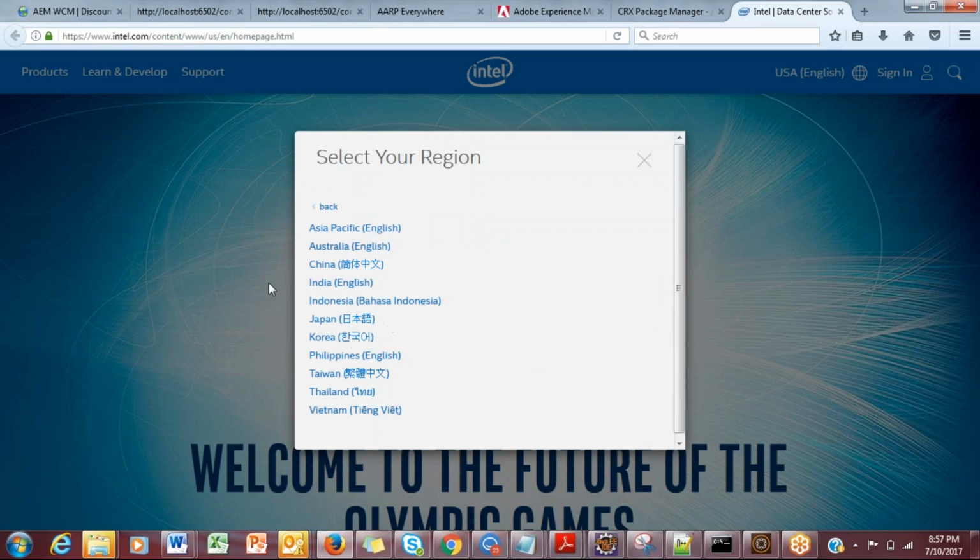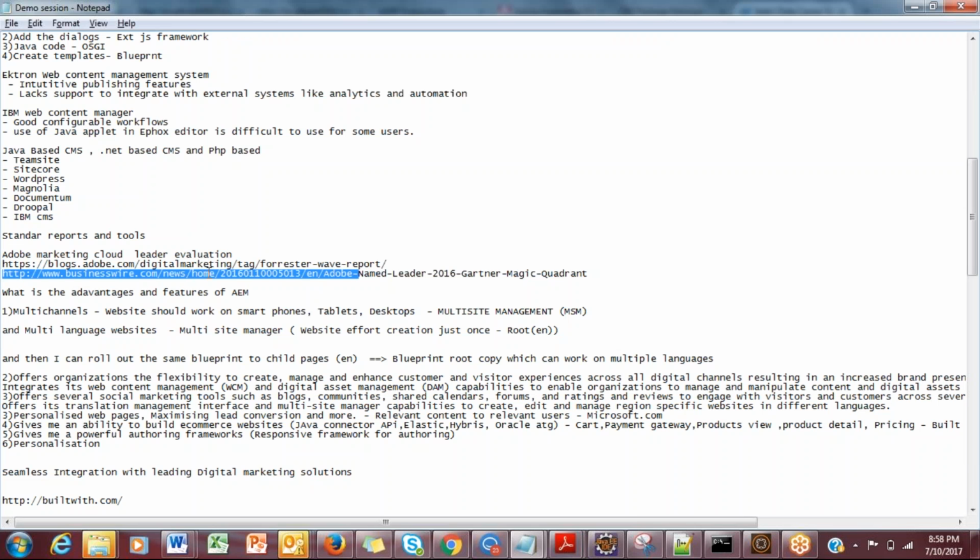This is multi-language, which means you would create English as the base copy and roll it out into multiple languages. So it's just one-time creation, and there is a translation workflow available within AEM. You could either reuse that, or you could create live copies, and then you could translate. So just one-time effort will keep the parent and the child language websites in sync. That is the first advantage.